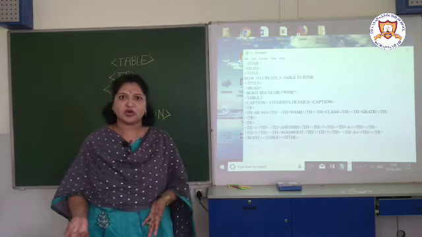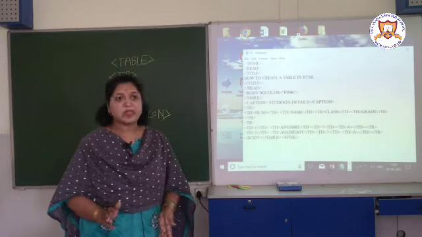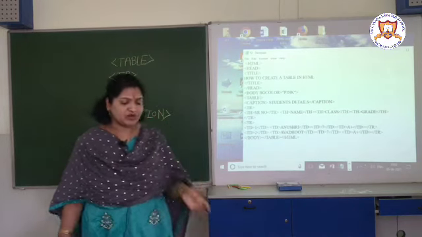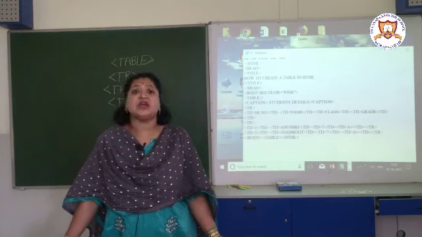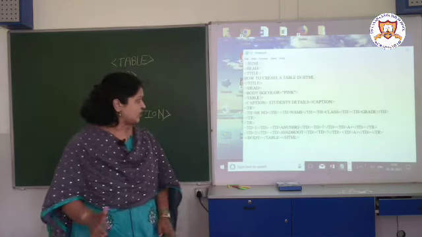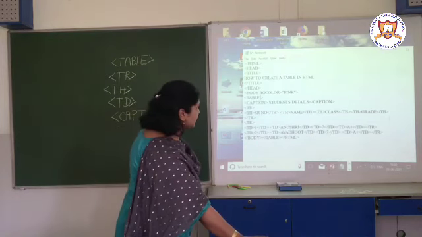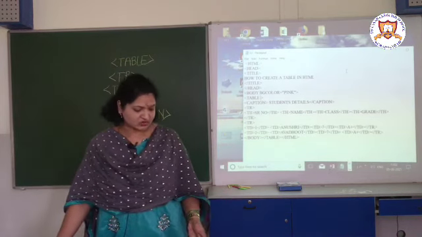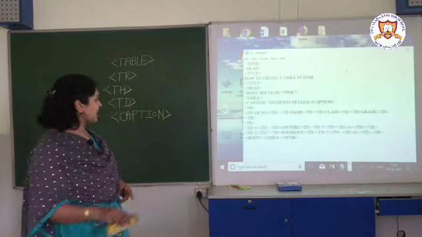If you want to add more columns, what you have to do? Just add the th tag. Here you can also write td instead of th, but what will be the difference? Those will not appear in bold. When we give td, regular text will appear. So that's why titles are given th. Now we want to close the row. In the first row only 4 fields are there.